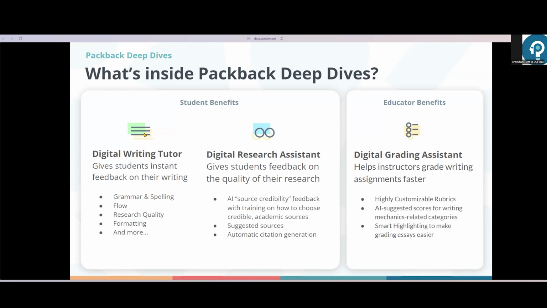of their rubric. They'll also have a research assistant, which will guide them through citing their sources in the appropriate style, depending on the style their instructor chose when they created the assignment, and even give them feedback on the credibility of their sources. On the instructor side of things, Packback's goal is to make writing assignments take less time